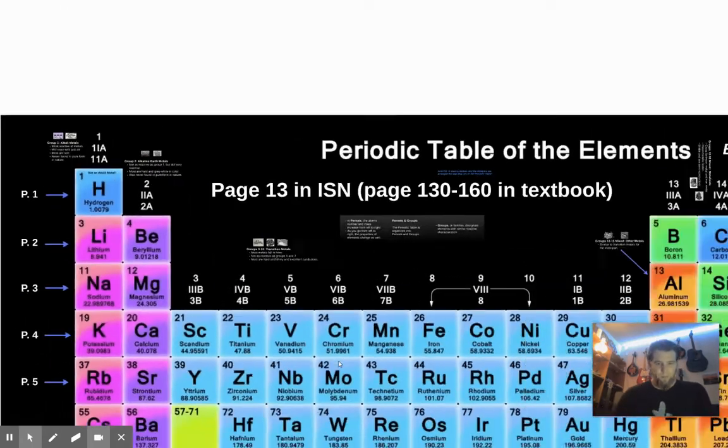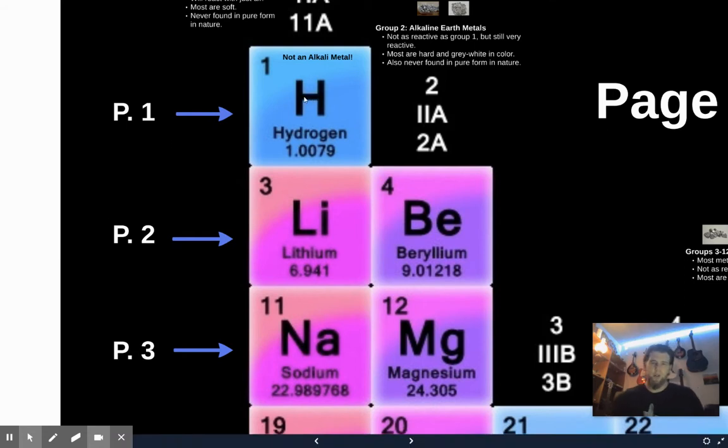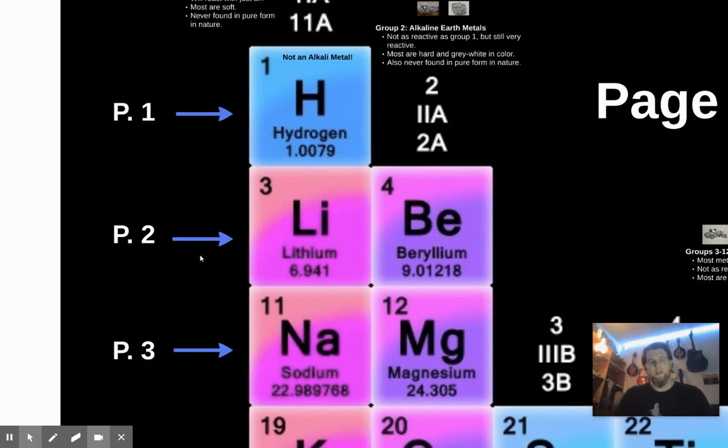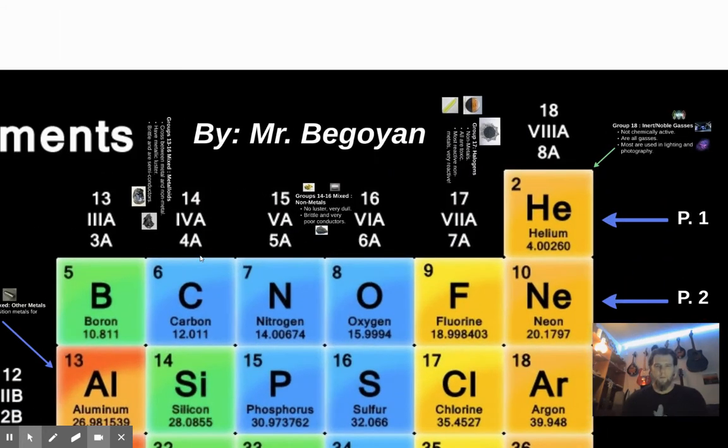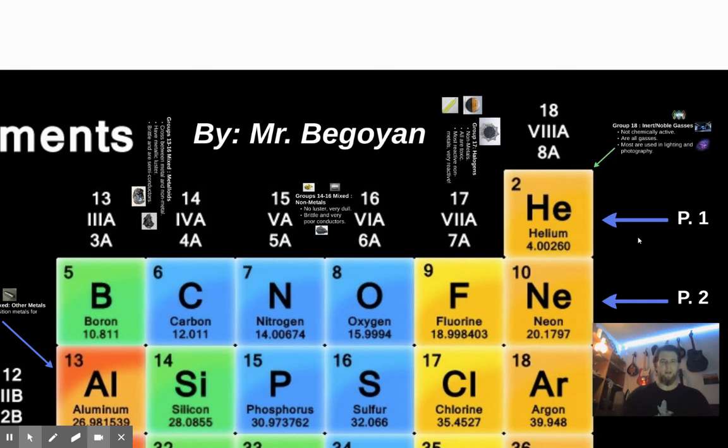So, went too far. Right here we have period 1, which includes hydrogen, and way over here helium. We have period 2, lithium and beryllium. You just start at the top and go down, numerically and sequentially naming the periods. So period 1, period 2, period 3, and so forth. And then we can see over here, once again, this still matches up with period 1, this still matches up with period 2. So it goes across the whole thing, left to right, just like reading a book.